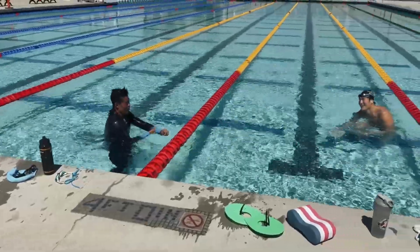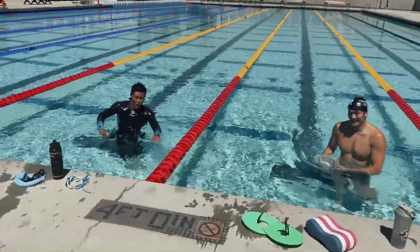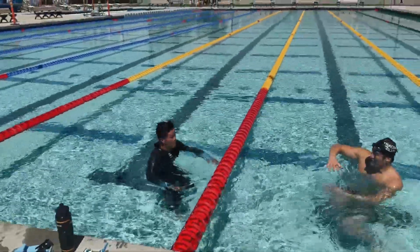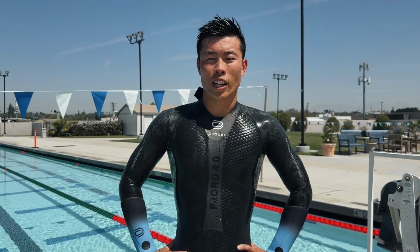I went out a little bit too fast on that first one. 1:01 on the first one? Because it felt so smooth. Yeah, it looked like your whole butt was basically on the surface of the water. Yeah, it's crazy. So I started out pretty fast at 1:01 for the first 100, but then slowed down to